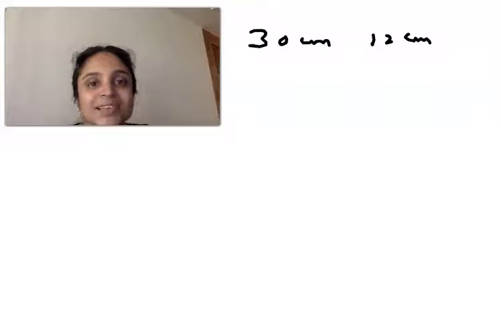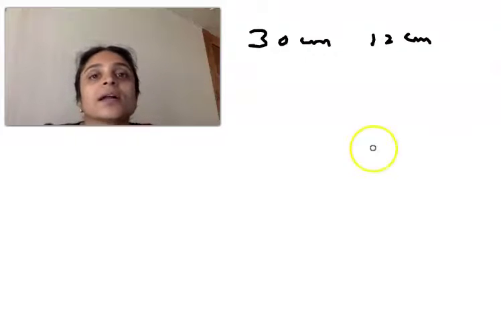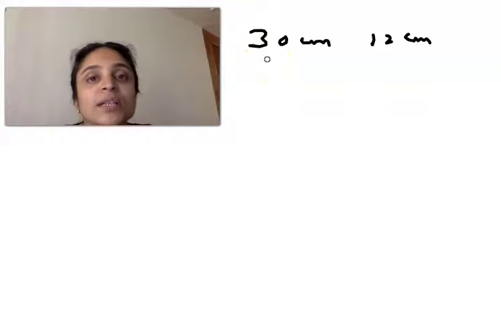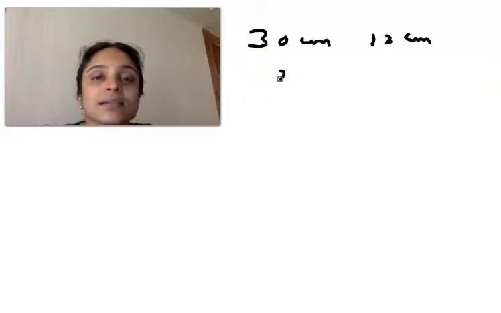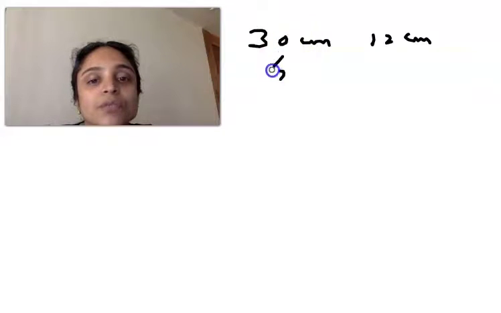Okay. Next question is, an isosceles triangle of perimeter 30 centimeter has each of its equal sides as 12 centimeter. So from this we have to find the area of this triangle. Given that perimeter equal to 30 centimeter and equal sides are 12 centimeter each. So what is the third side? 12 plus 12 is 24 and 30 minus 24 is 6 centimeter. So we got the third side as 6 centimeter.